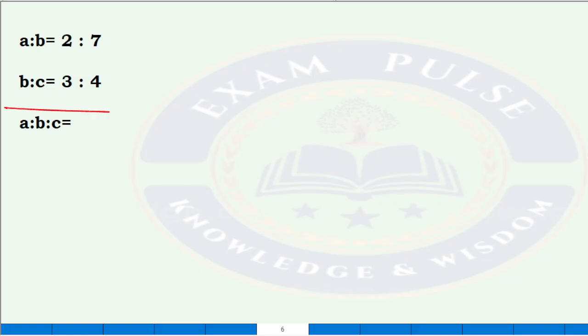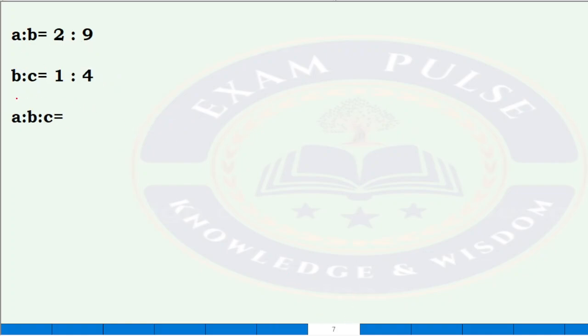Now let us use it. Is it in continuity? Yes. 7 and 3, we cannot make 3 to 7 or 7 to 3. Then this case is the best one to use this shortcut method. In order to get the first one, multiply the first 2. 2 3s are 6. Middle one, middle 2: 3 7s are 21. Last one, last 2: 4 7s are 28. So this is combining of ratios. One more example. Continuity? Yes.